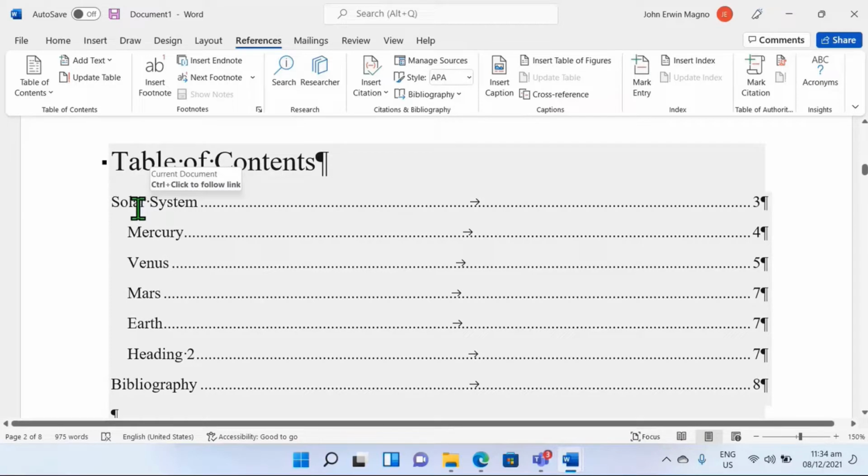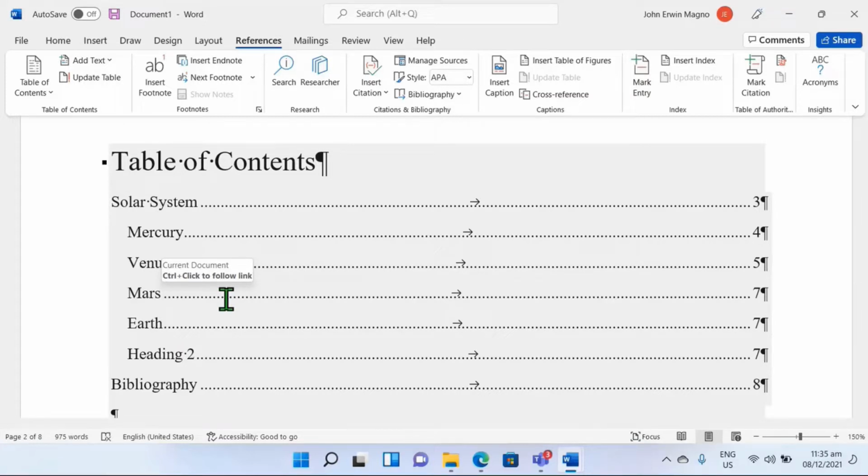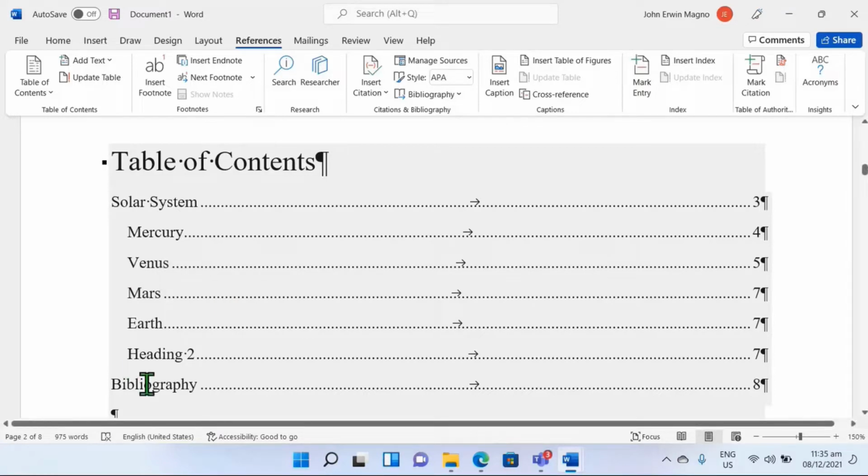Let's say, Solar System is heading 1 and makikita nyo, naka-indent na agad yung mga heading 2s natin. So we have Mercury, Venus, Earth, Mars, and Earth. Now, notice, hindi magkakasunod-sunod yung ating document or yung planets natin, di ba? Usually Mercury, Venus, Earth, and then Mars. If I want to go dun sa area ng Mars, and let's say meron akong heading 2 dito, which is